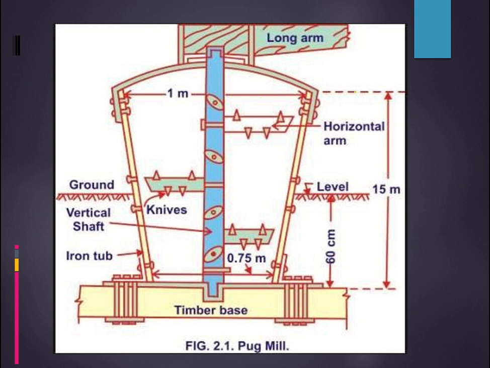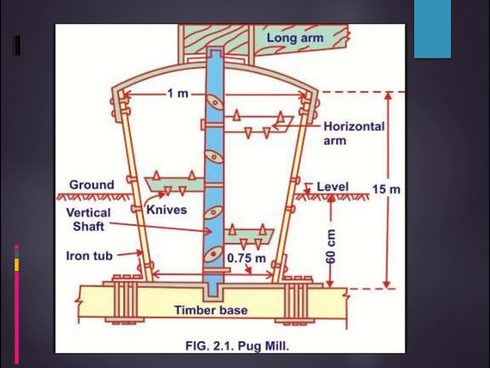What we do is, one end of the shaft will be fitted to this vertical shaft in between, and the other end of this long arm will be driven by bullocks, meaning ox, you know ox, right? People in the earlier days used to fix an ox to one end of the long arm, and as the ox moves around, this complete arm rotates. So in the sense, this vertical shaft rotates.